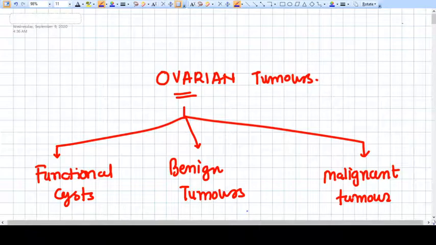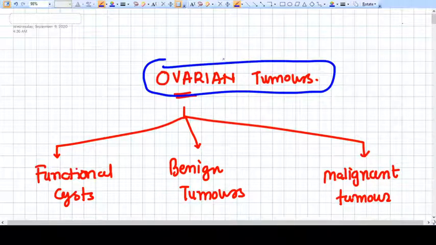Hello friends, with this video I am starting the series on ovarian tumors. When we talk about ovarian tumors, the students are confused as there are various names of tumors in that. They are classified as different classes and the management of the tumors. Are they bilateral, unilateral? What kind of tumor, from which cells the tumor arises, whether we should treat or